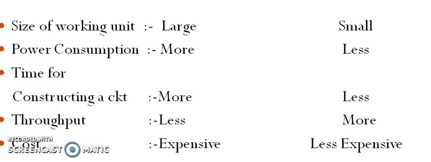In microprocessors, the working unit that we make is very large, whereas with a microcontroller it is small. The power consumption of microprocessors is high, whereas for microcontrollers it is very low. The time for constructing a circuit using a microprocessor is more, whereas for a microcontroller it is less. Throughput in the case of a microprocessor is less, whereas for a microcontroller, since it is designed for a specific purpose, throughput is more. Microprocessors are expensive, or the device